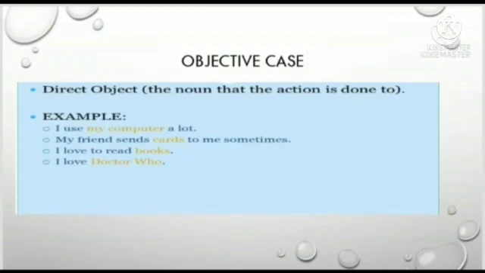As in the example, you can see, I love to read books. Here in this sentence, books is used as the object of the sentence. So, books is here the objective case of the sentence.